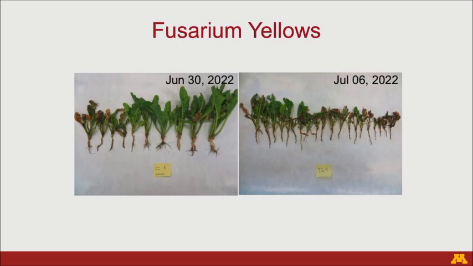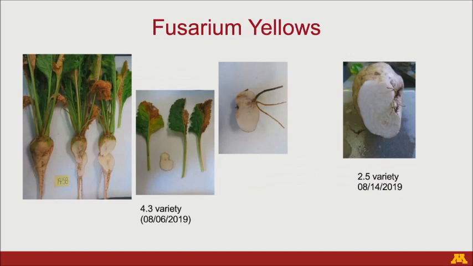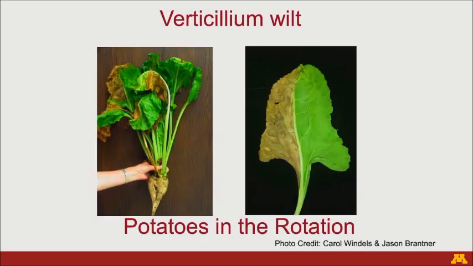So now we are going into August. Like I said, typically for Fusarium, excuse me, that's moving fast here. So again, 4.3 variety here. This is where we are seeing this half-leaf yellowing and then necrosis. And you cut those roots, you see the vascular necrosis there. This is actually the variety from the same field, but it is 2.5. We had to cut this multiple times to recover Fusarium, which means the tolerant variety is doing its job. Sometimes it's not uncommon to recover a little bit from the roots. And sometimes it can also be confused with Verticillium because it causes very similar symptoms.